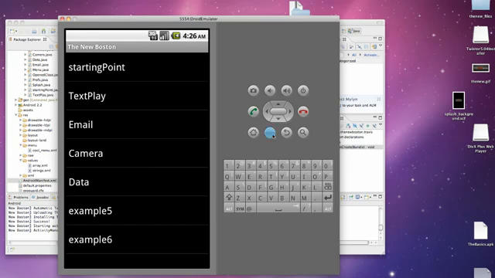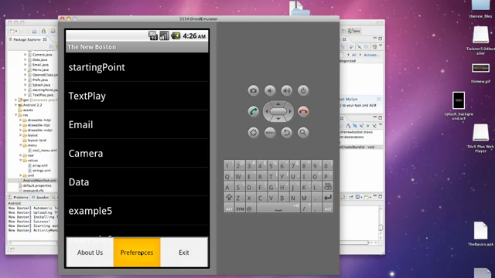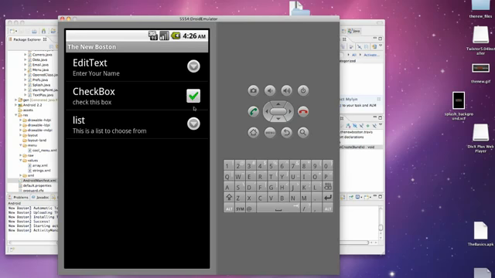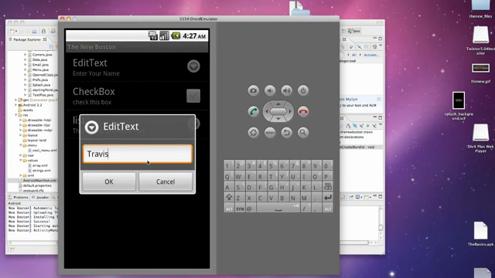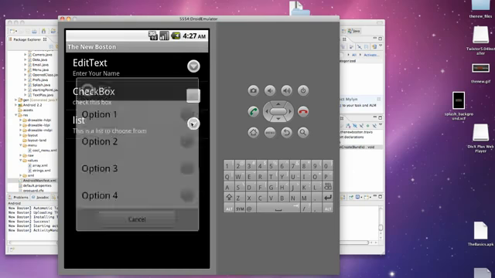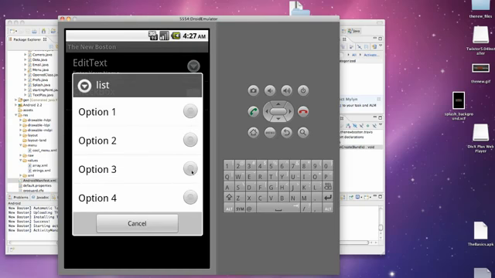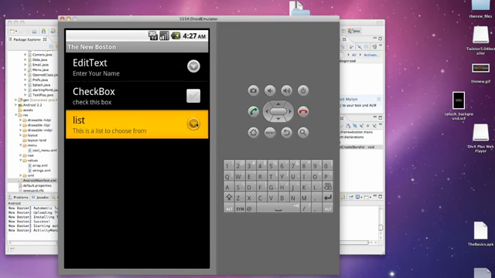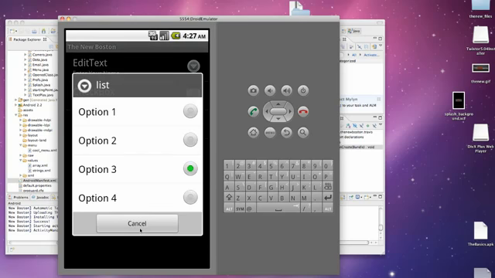And then we hit our menu, hit preferences, and as you can see, we have our default value of the checkbox as checked. Let's uncheck that just to make sure the activity works. We're going to type in a name, Travis, and as you guys can see, this is our title, and I'm just going to hit OK. And as you can see, it's our title, and then we also have the summary right here. So that's what we were setting up, and then here's our list preference that we set up, option 1, 2, 3, or 4. We're going to hit 3, and then as we check it down, you can see 3 is